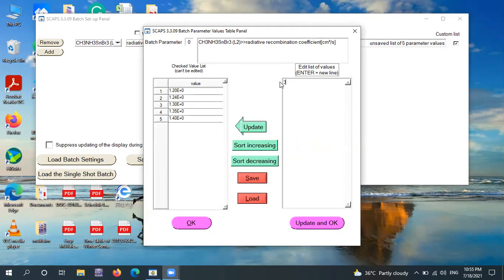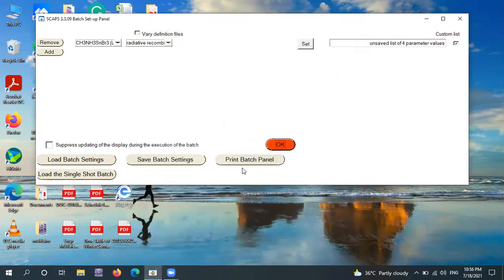So I'm going to set my values: 3 raised to the power minus 12, 3 raised to the power minus 10, 3 raised to the power minus 9, 3 raised to the power minus 8. Now I need to update these values. Just press the button, update, and okay.